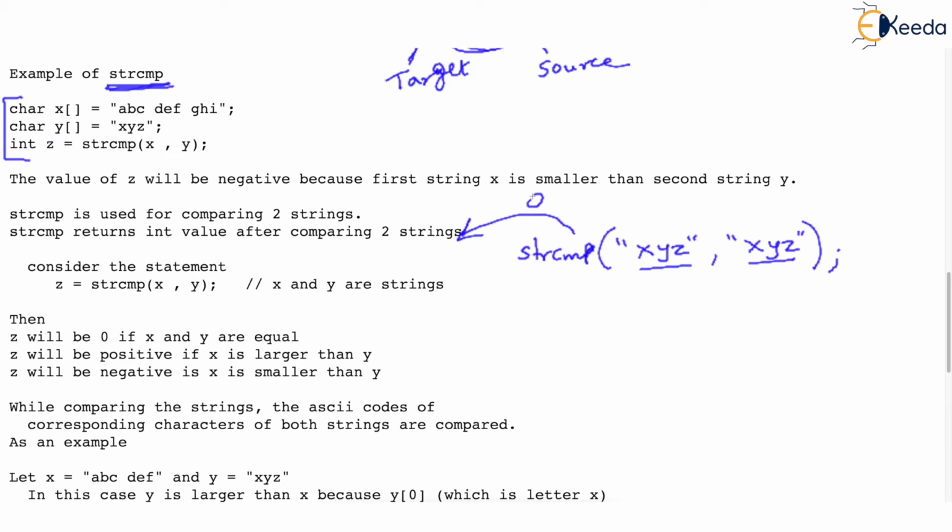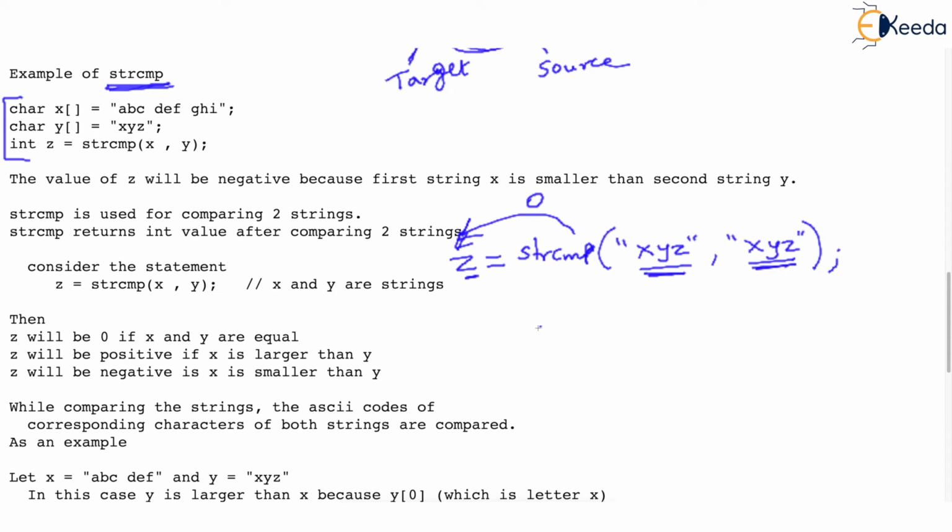strcmp will return 0 in this case. Now note, strcmp is returning 0 because there is zero difference between the two strings. So try to understand very early: strcmp is such a function which tells whether there is any difference between the two strings. But there is no difference. Both strings are equal here. So it returns 0. We can ask some integer variable like z to store this value. So z will be 0 in this case. Okay. When is z 0? When both strings are equal.